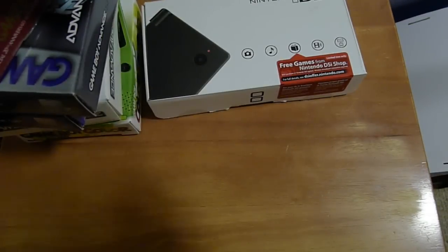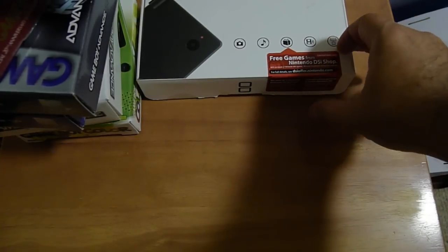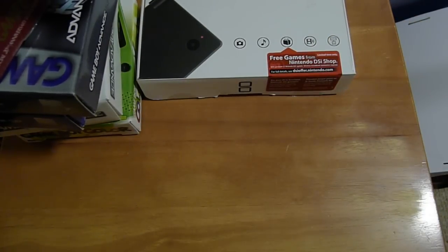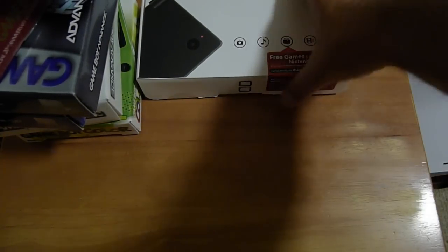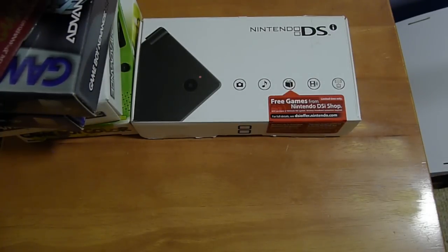Like, I think it was a Brain Age style thing, which is more of a demo than a game. And I think that was pretty much it. Two brain training things. But yeah, that was the Nintendo DSi. In fact, around this time I actually made the Nintendo Handheld Family video, and then less than a few months